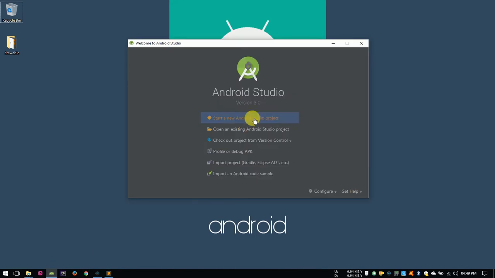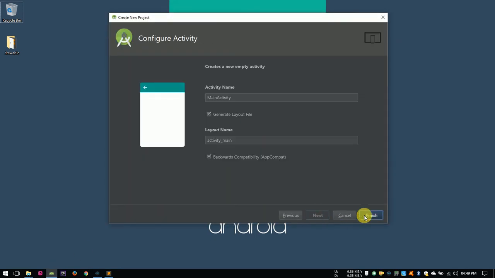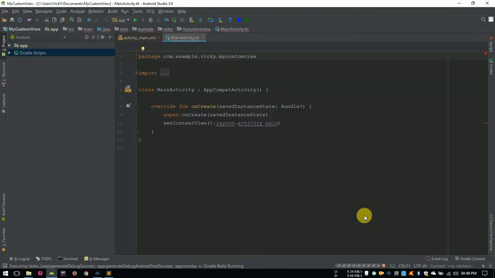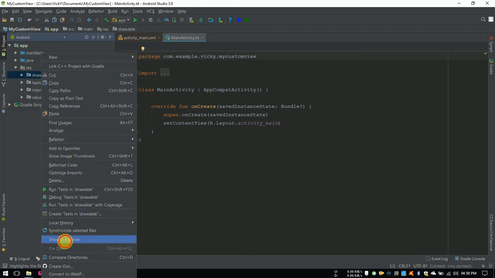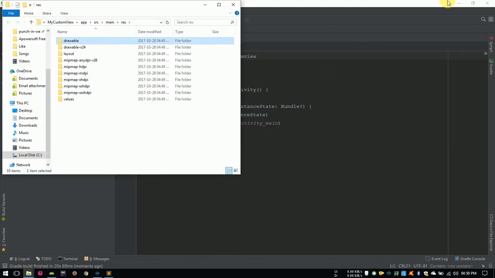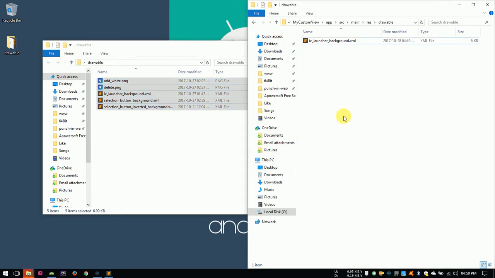I am creating a new project to demonstrate this. I have given all the drawables used in this video as a zip file in the description below. Right click on the drawable and select Show in Explorer. Copy the files here.